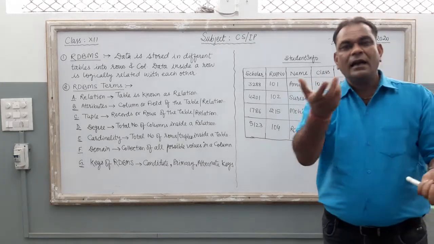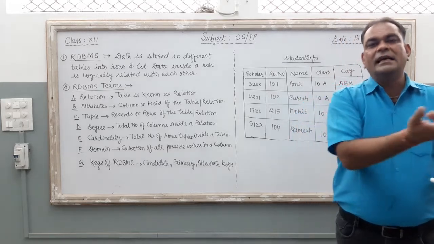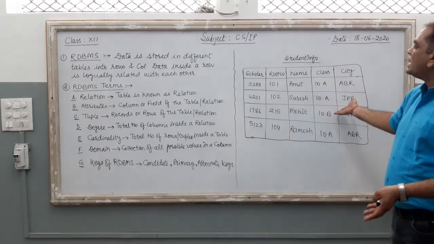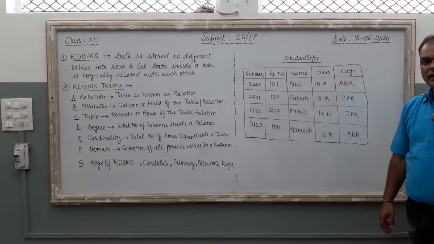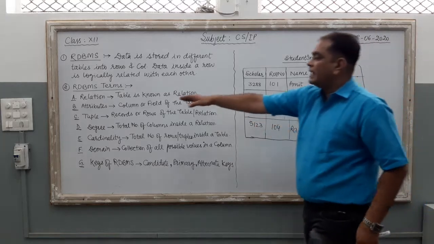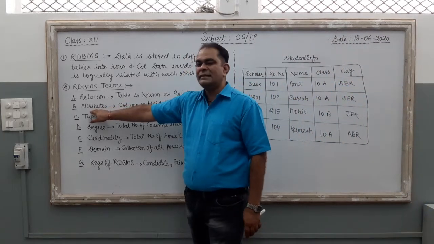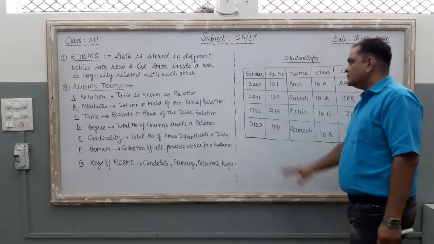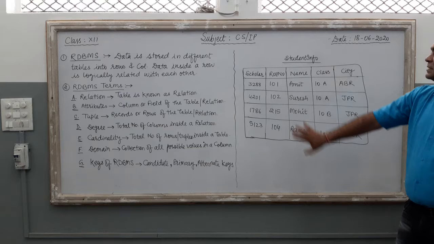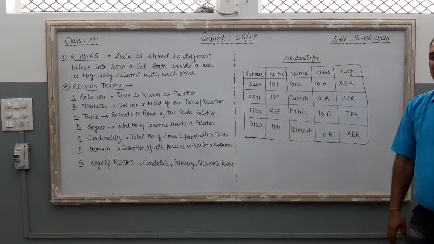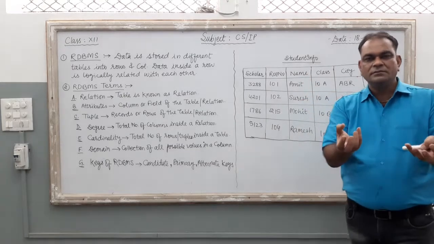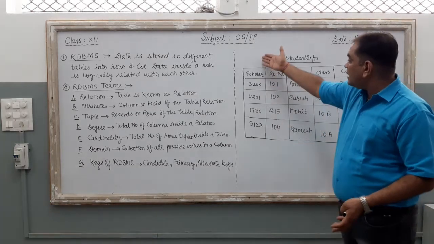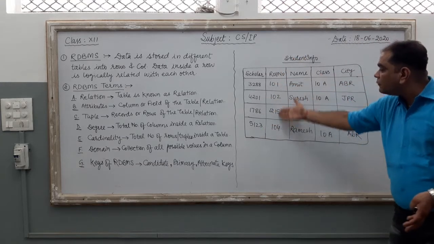That's all. In general life we say it is a table, and in the computer industry the table is noted as a relation only. Clear? Now come to the second term, it is attribute. Just see point number B. Attribute. What is attribute now? To understand the attribute concept, just come to that particular table. Attribute means columns, or we can say fields, or the vertical alignments of the table.